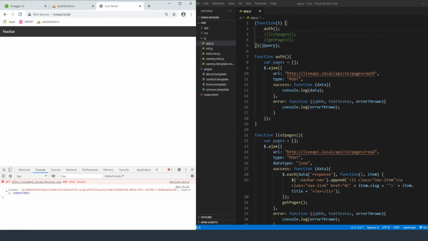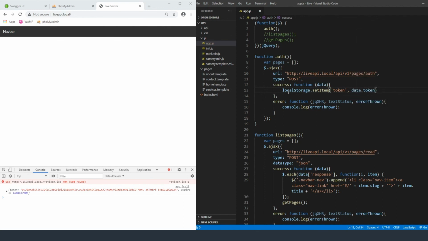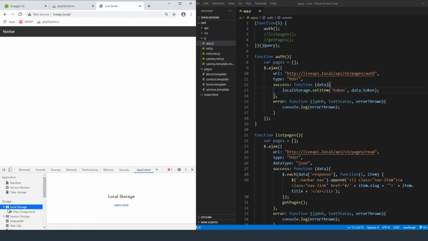All right, so now we know that we want to store this token somewhere. And the easiest way to do that would be to set it as a local storage, I guess a session for the local storage. So what we're going to do here is using jQuery, localStorage.setItem, and then we're going to set the variable token, and we're going to pass data.token because that's what's coming back from our data. So now if we come back over here and we go to our application, local storage, API local, let's do a refresh,